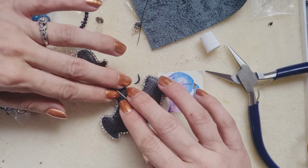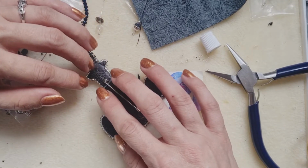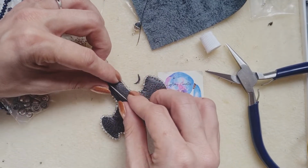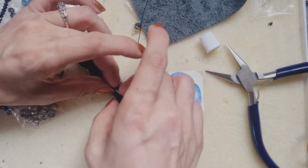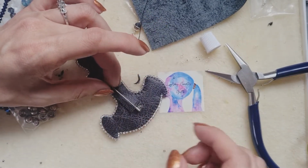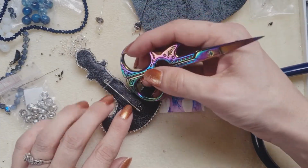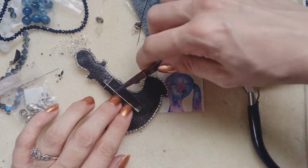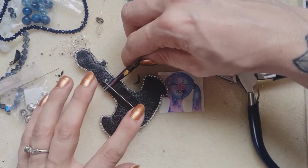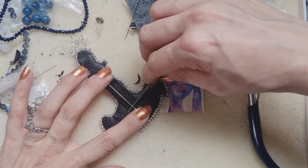For this bit, you really do want it to dry properly. I'm going to leave it overnight to really dry. I'm going to come back every half hour or hour though and push down just to really help get a good fit on that. I do find that the E6000 is really good for sticking this leather together, and the stitches I'm putting in will more likely end up being more for show,